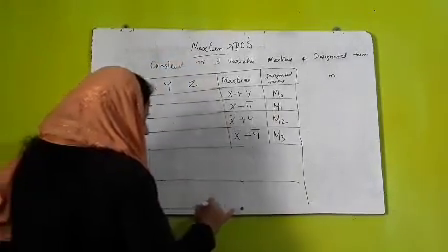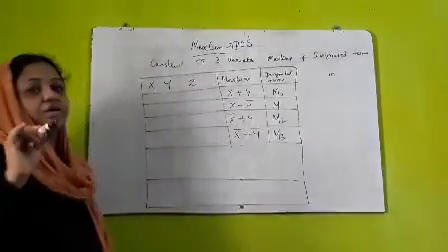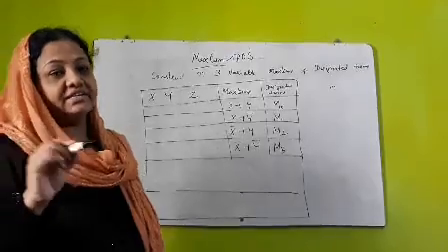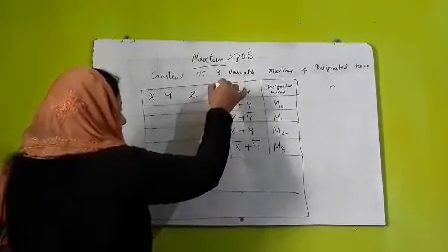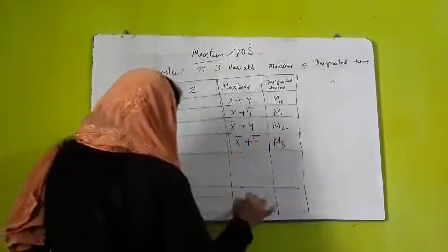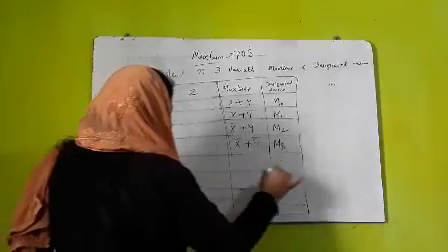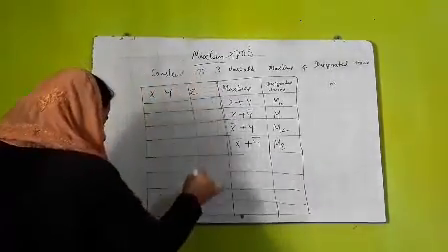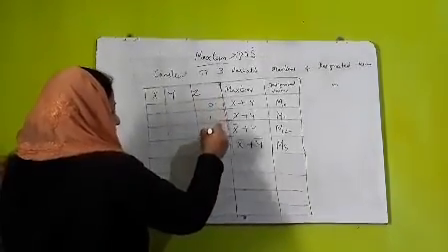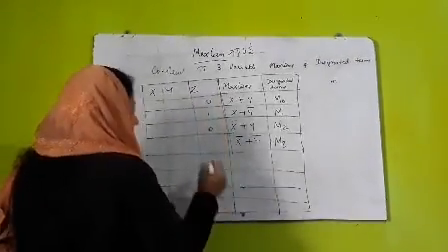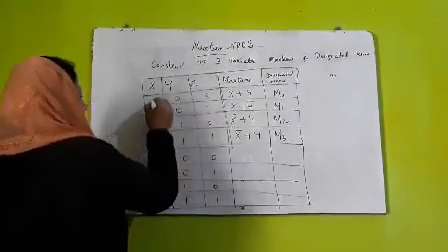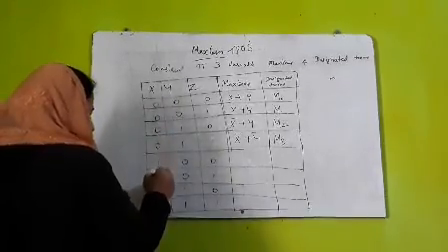So as we know that if there are 3 variables, each variable will take 2 values, binary values 0 and 1. So 2 to the power of 3 is 8. There will be 8 possible combinations of inputs. So Z can be 0, 1, 0, 1, 0, 1, 0, 1. Y will be 2 zeros, 2 ones, 2 zeros, 2 ones. X will be 4 zeros, 4 ones.